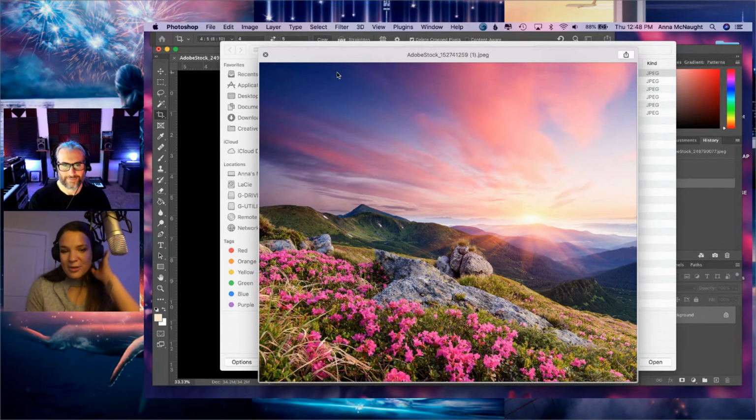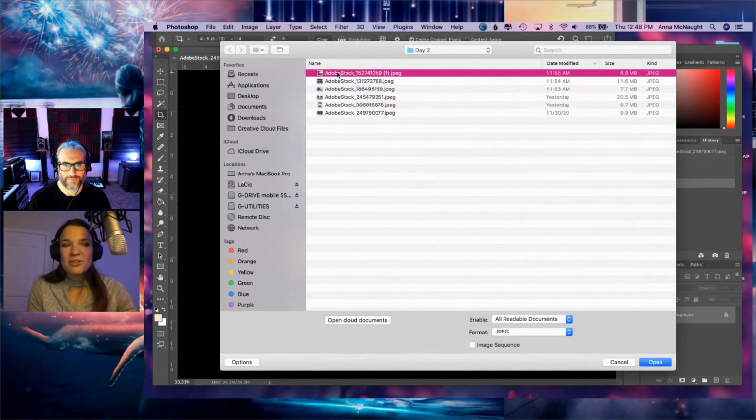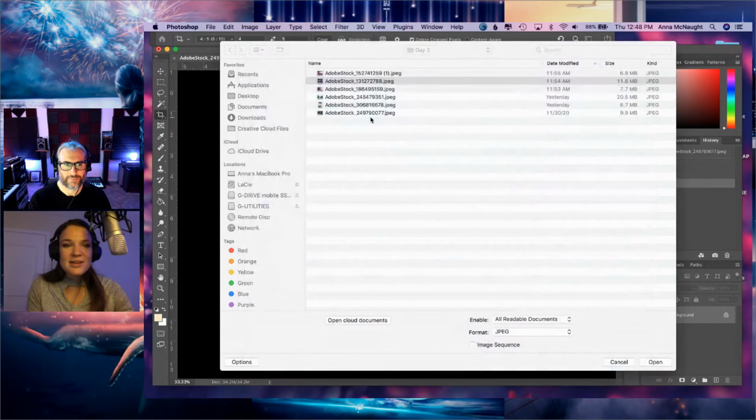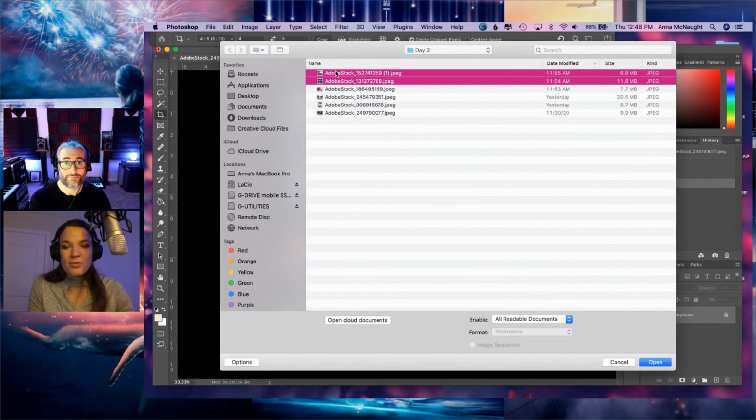This is also from Adobe Stock, and we could go in and get some new stuff from Adobe Stock too, just so you can see the process that I go through. But I'm just going to open this one, and then I found another snowy night scene, but I'm actually going to be using the stars from this. And I've never used either of these stock images, so we'll see how it goes.